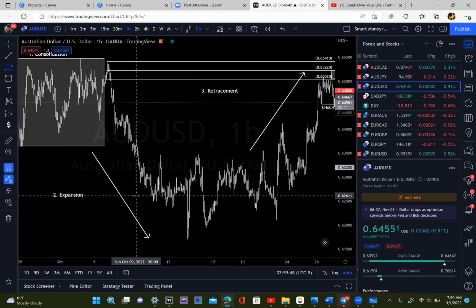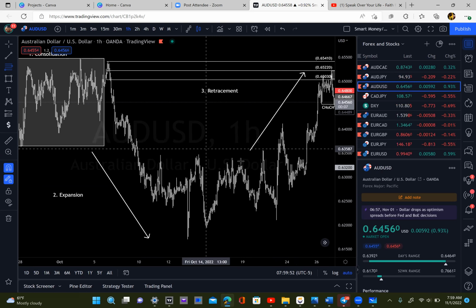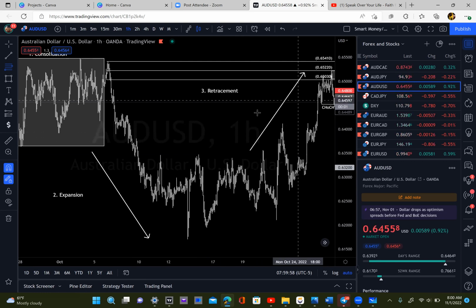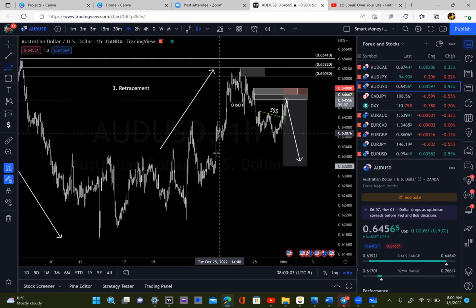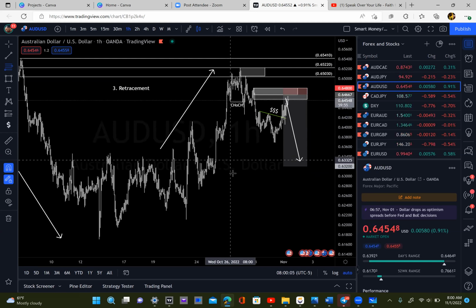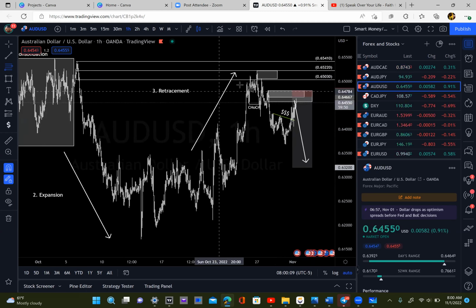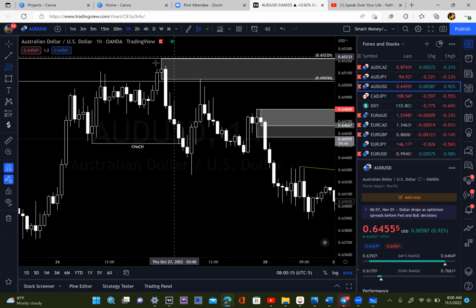And then expansion. And then we got another little consolidation right here. It also created liquidity over the top. And then look what happened. Came up, started taking out all the inefficiency areas. And as it was taking out inefficiency, look, it even created more. So the market is always creating opportunities. And then look what happened right here. Came back into our zone. Back into the zone. All right. On the 1 hour, back into the zone. And then look,